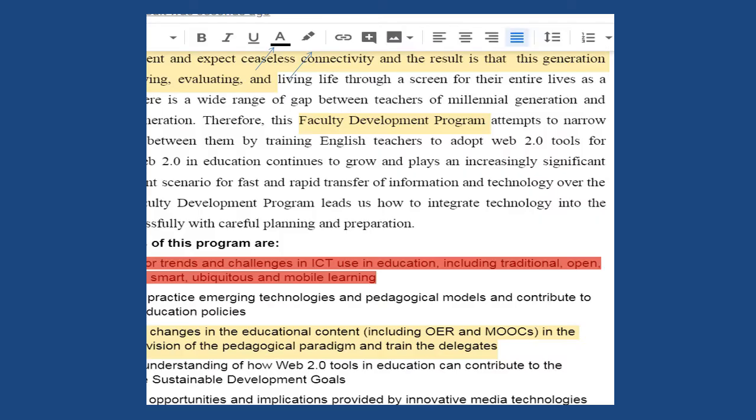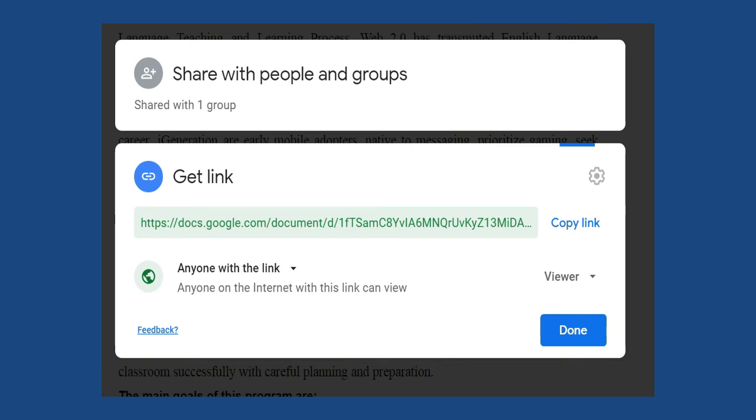We can highlight important keywords and sentences in order to get students' attention on the particular area, for which we have to select capital letter A to change text color, and the pen symbol to highlight background color. Once the Google Doc material is ready, we can share material with people and groups.